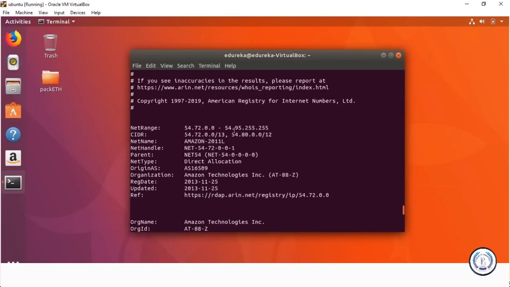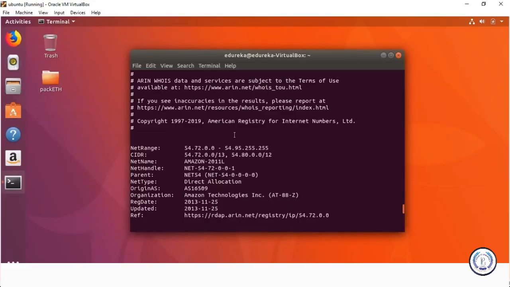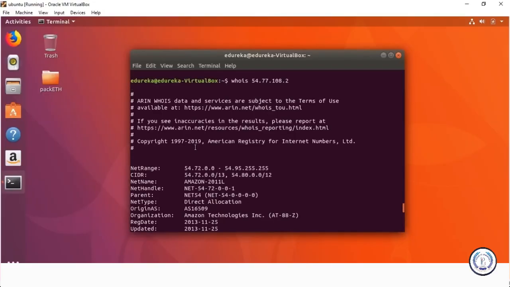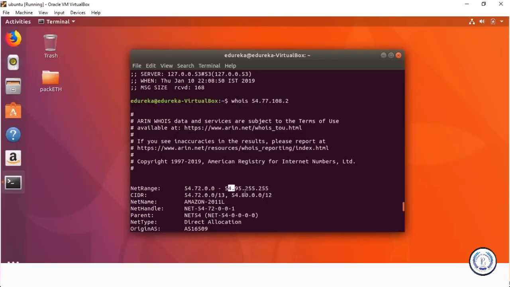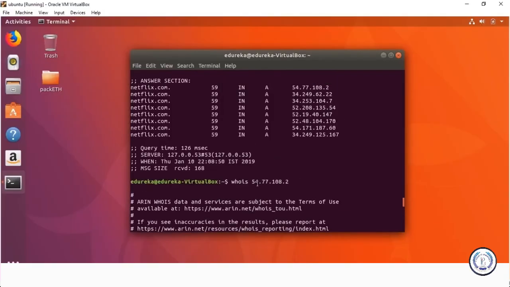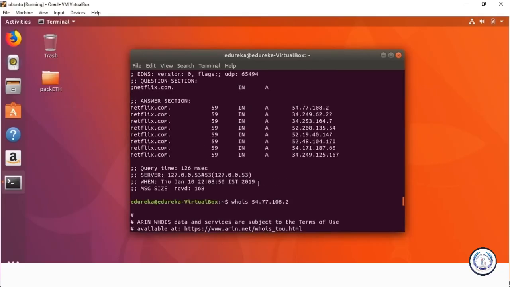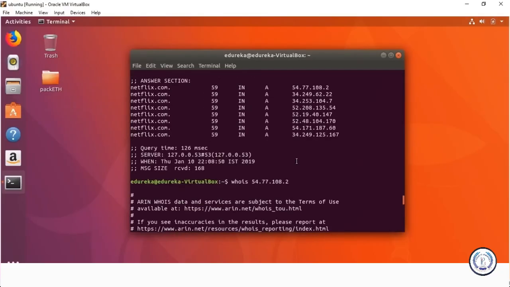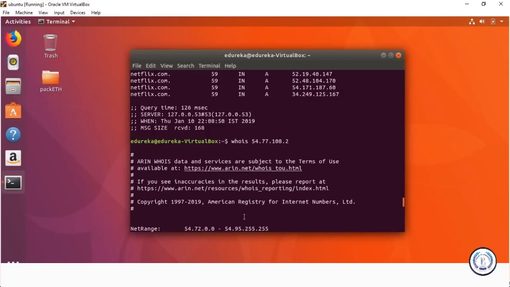It also gives us a range, which is very useful. Now we have the range of IPs that might be used by this owner. We indeed have 54, and it goes up to 54. There's also 34. Let's check that out and see what information we get.